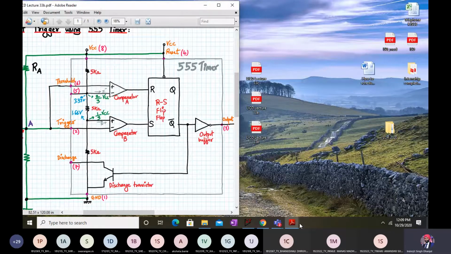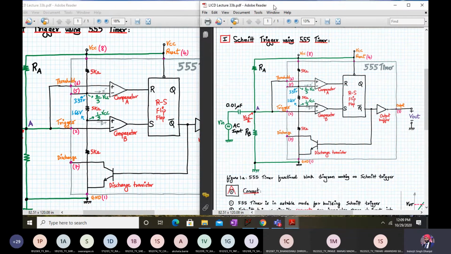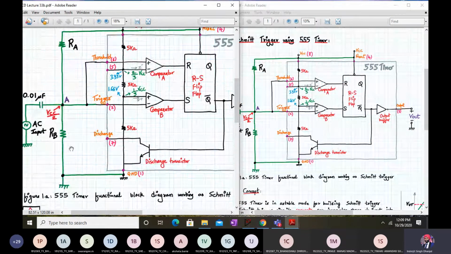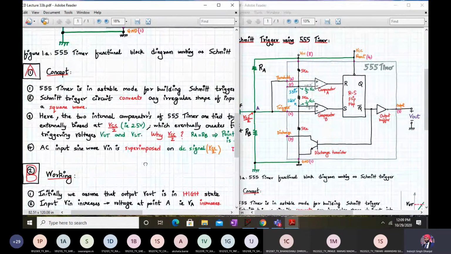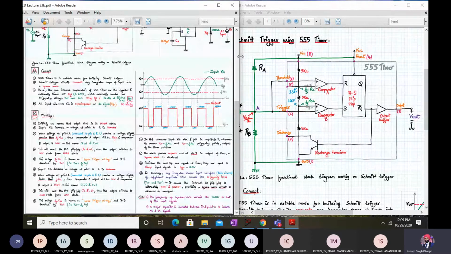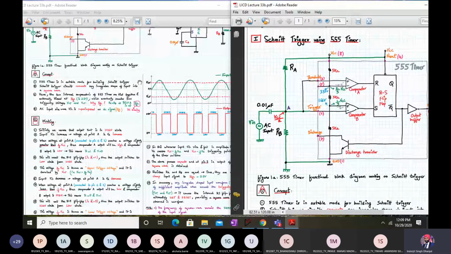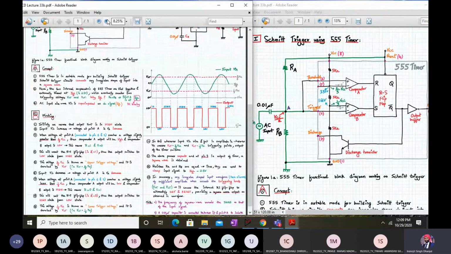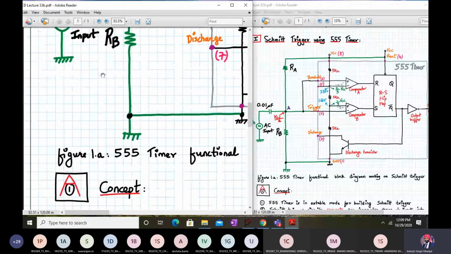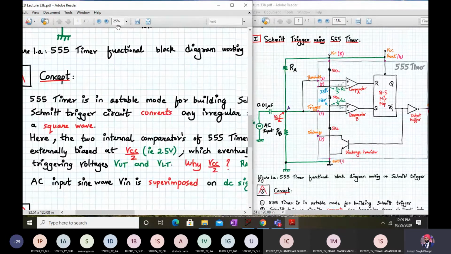I hope those points are clear now. Now let me go back to the theory part. A little bit of it we will see quickly, and then we will move on to the next application. These waveforms, please don't consider, they are slightly wrong. I have by mistake drawn it in the other sense. So I will correct that and give it to you in the new PDF.